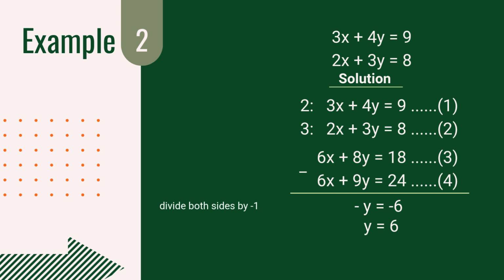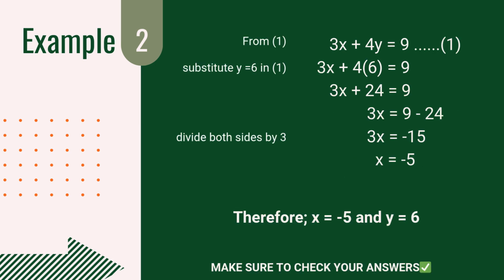Now, you can see that if I subtract equation 3 from equation 4, the x values will be 6x minus 6x, and it will turn to 0. Now, we know 8y minus 9y is equal to what? Minus y, and 18 minus 24 is equal to minus 6. Now, we just divide both sides by minus 1 to cancel out the negative sign, and we have y equals 6. Moving forward, to get our value for x, we'll substitute the value for y, which is now 6,